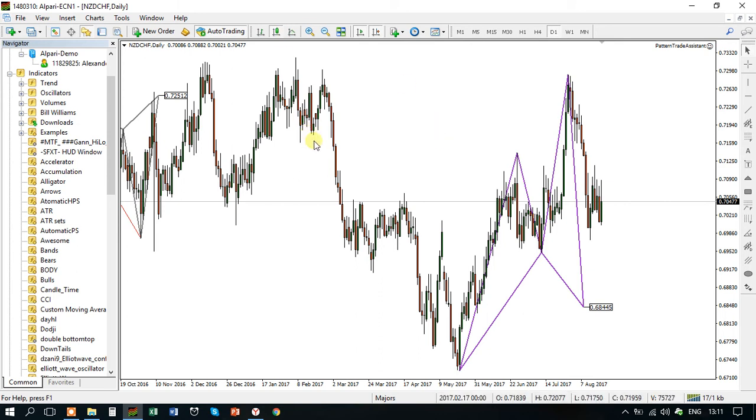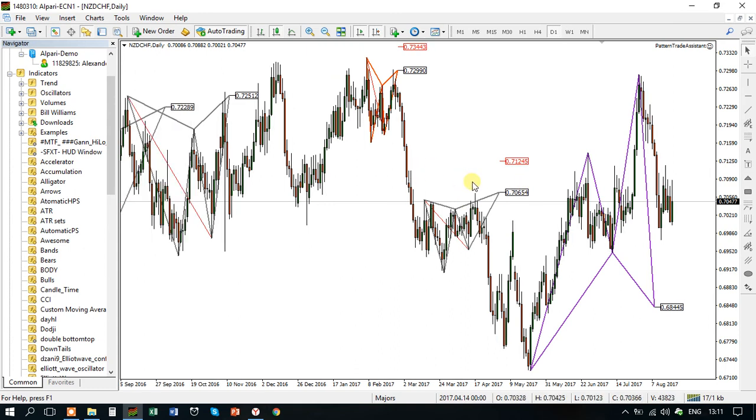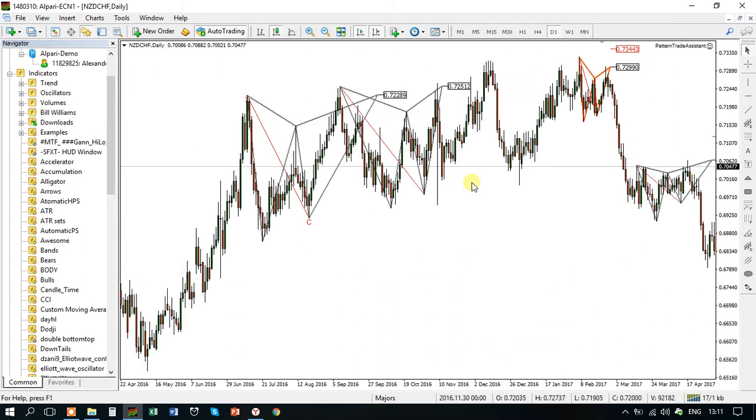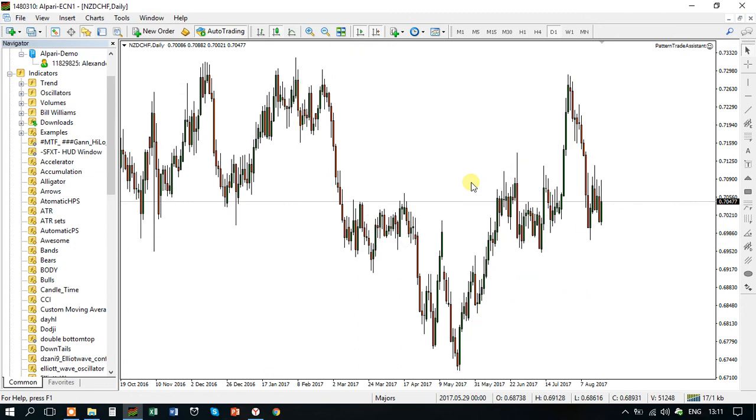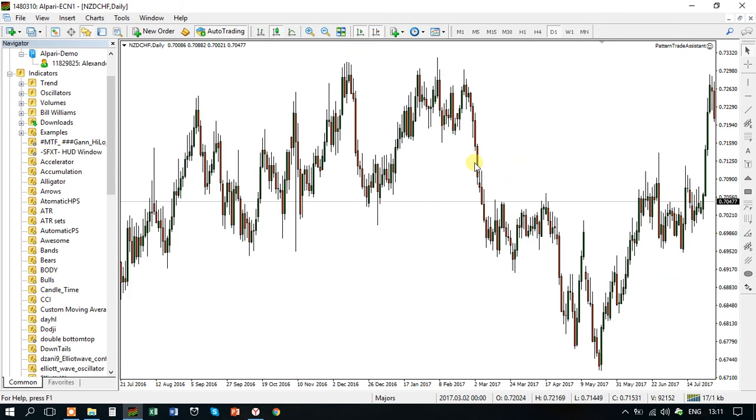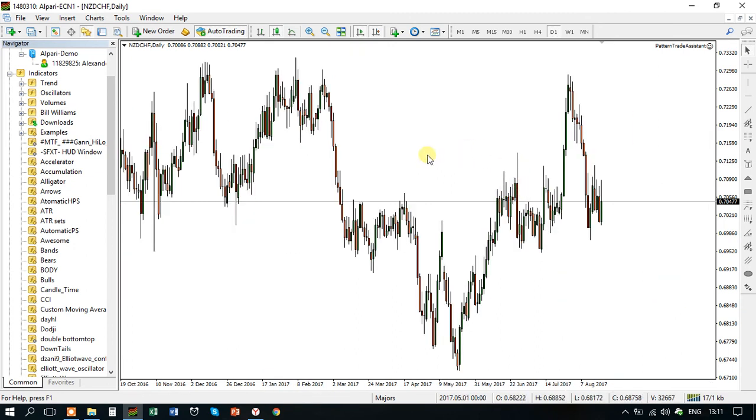Oh, let me show you even this one. If we have a pattern here, yes, we have a pattern, and it was a pretty good pattern working here. Let me show you this one. Like this, smaller patterns, just my eyes are grasping those patterns. Okay, or if you don't want to do that manually, you can also use the automatic software that I have